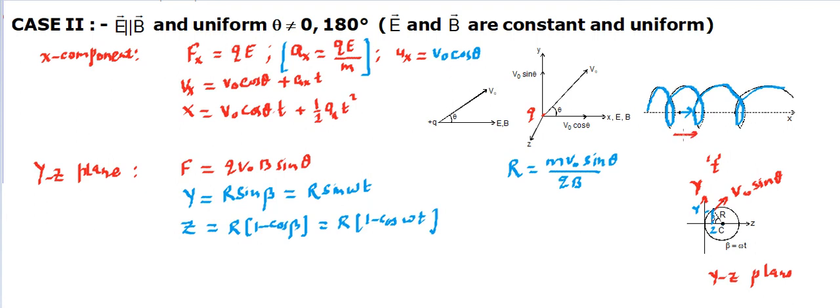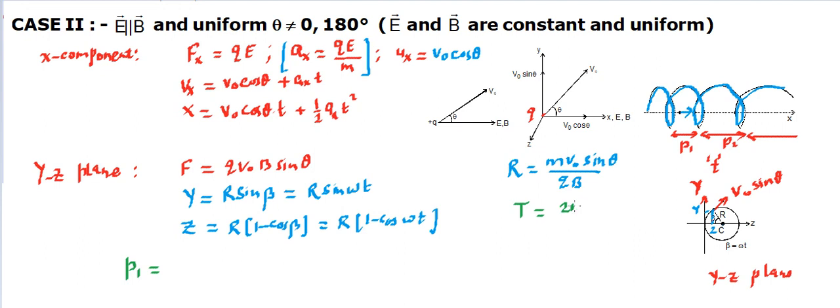First it is a small value, that's in one time period, p1. Next pitch is going to be in the second time period, that's p2, and next is going to be in the next time period, that's p3, and all are going to be different. Right? And a possible question is to find p1, the first pitch. So first pitch is going to be the distance covered by the particle along the direction of the magnetic field during one time period.